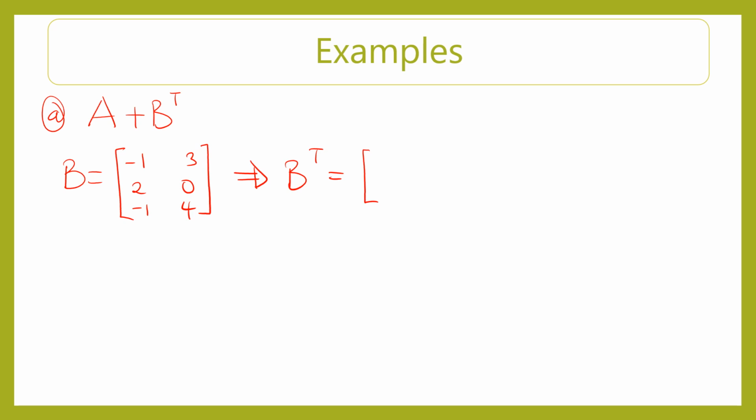The row of B is -1 and 3, so that becomes a column here, which is -1 and 3. Then the second row is 2 and 0, so it becomes a column here, 2, 0. The last one here is -1 and 4, so it becomes a column here, which is -1 and 4 this way. That's how to find the